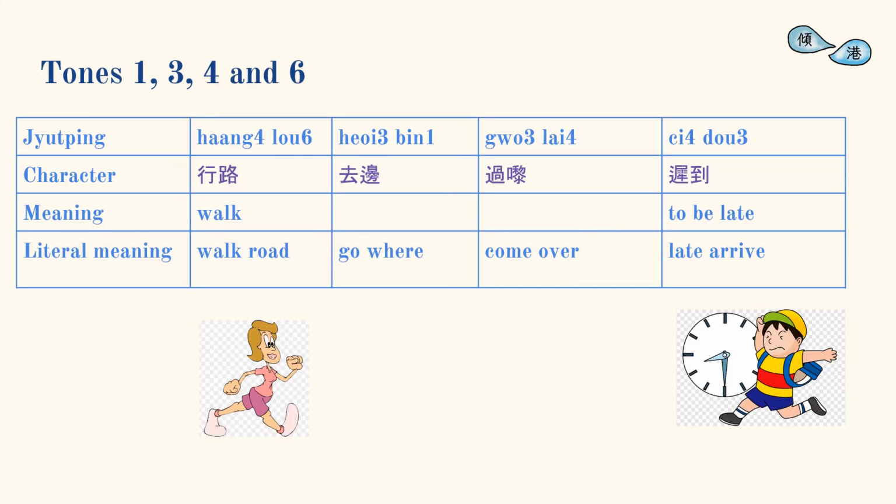Now, let's mix up the tones again and learn some more short phrases. 行路 行路 去邊 去邊 過嚟 過嚟 遲到 遲到